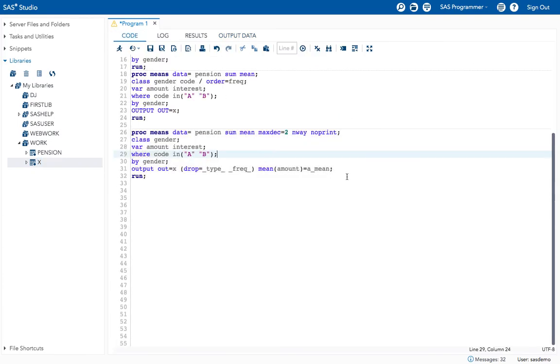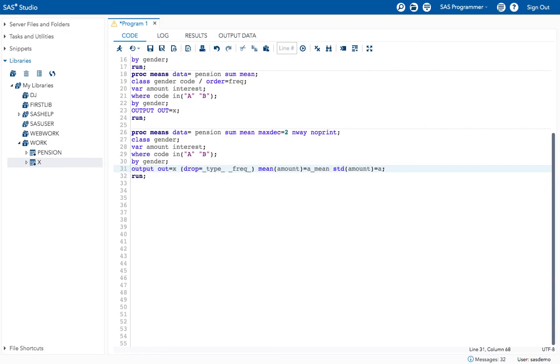Okay, along with mean values, if you want standard deviation values also, mention STD of amount, equal to, give a specific variable name to create these standard deviation values.